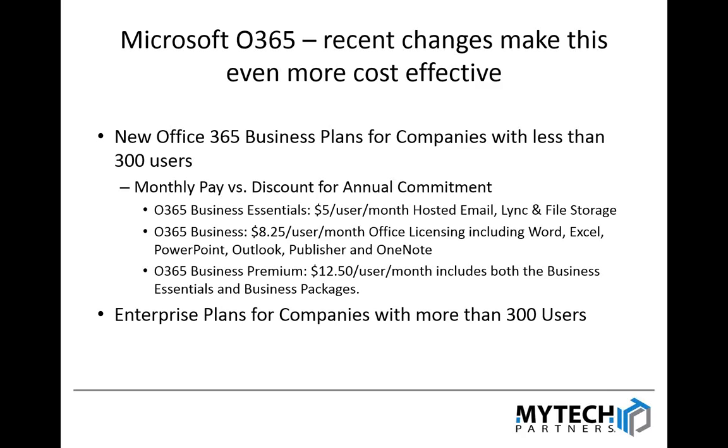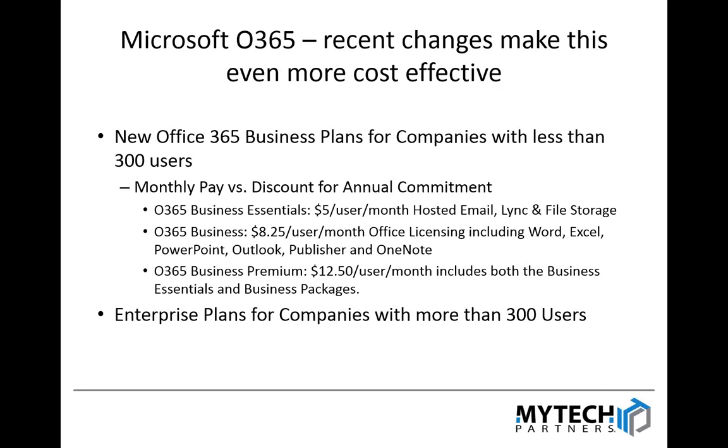Now, the next one is the business package, which actually oftentimes people misunderstand that the business package includes the essentials package, but it actually doesn't. So the business package is basically if you wanted to just license your office suite, such as Word, Excel, PowerPoint, Outlook, Publisher, and OneNote, just those applications, this is a way where you can just basically pay Microsoft instead of buying your licenses through a lot of the traditional ways where you're buying